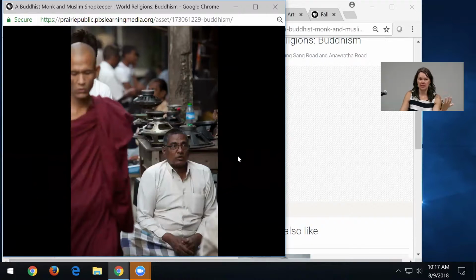What do you see? What is the composition of the photo? Where might this photo be located? What clues do we have about who these people are and what they might be interested in? Certainly, you can use it as a launching pad to talk about world religions and to talk about different cultures,